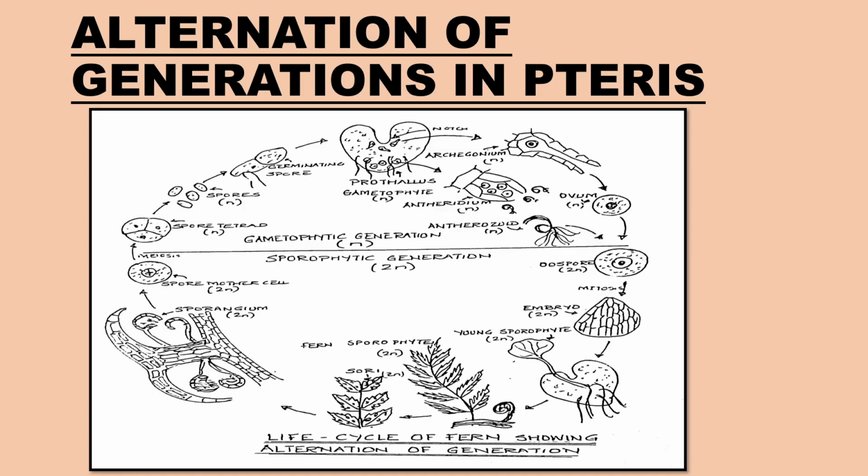The prothallus reproduces sexually by producing male and female gametes. Fertilization of the egg by the sperm results in a diploid zygote, which gives rise to a new sporophyte or the fern plant. So today, we have learnt in detail about the morphology, anatomy, and alternation of generations of Pteris